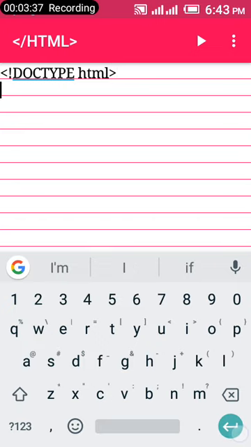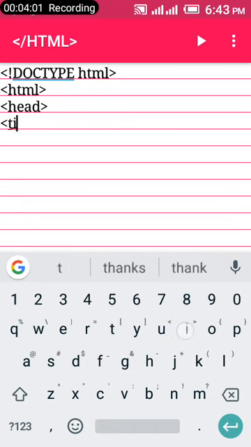So to your next line, you go html again. Right under the html tag, you go again head. I will still explain these tags, but let me just get to the end. To the next line, opening title,